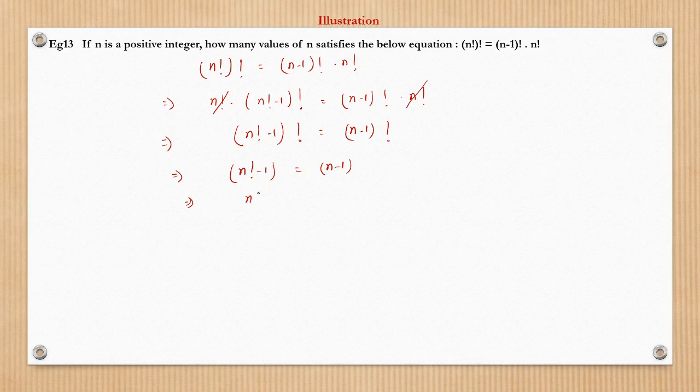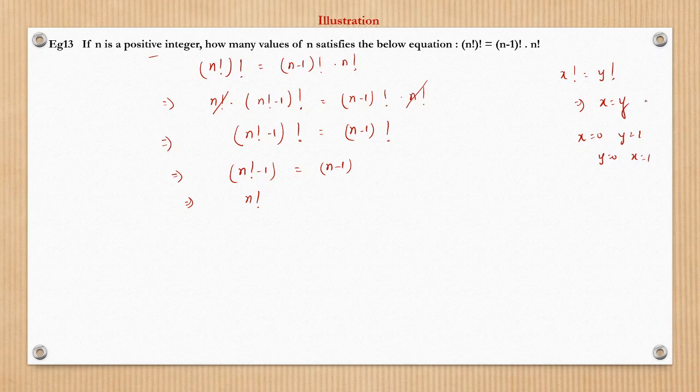So let us see this. I mean, how does this come out? So these two numbers have to be the same. See what I'm trying to say: x factorial is equal to y factorial. This means x has to be either equal to y, or x is equal to 0 or y is equal to 1, or y is equal to 0 or x is equal to 1. These are the only three possibilities. But here, since n is a positive integer, if n is equal to 1, this can be there. So let us see, that will solve out.